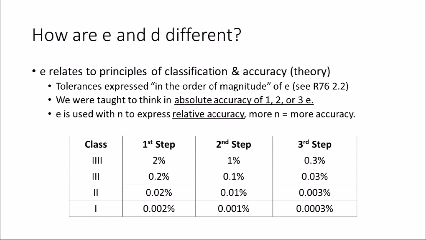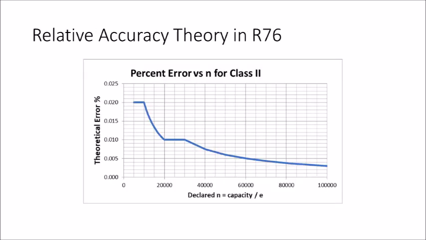So as we look at the classes, you can see as we go down the classes, they increase in accuracy by factors of 10. But within each class, you see an increase in accuracy with more N. We think of it in steps, but we really shouldn't think of it in steps. Let's look at Class 2. If we look at a Class 2 instrument between 5,000 and 10,000 divisions, the theoretical error of the instrument cannot exceed